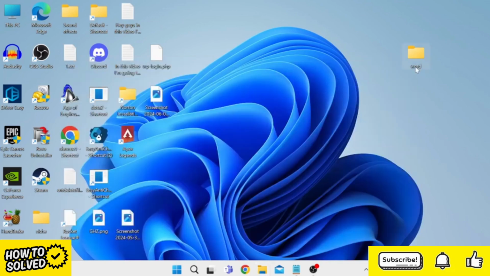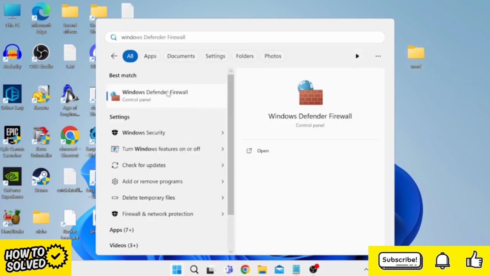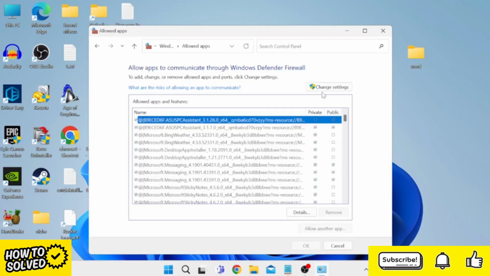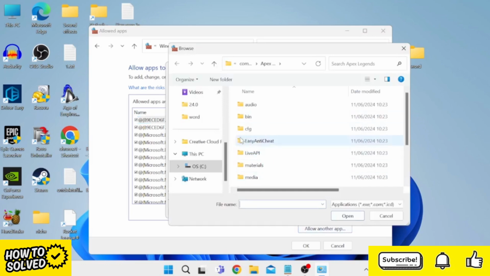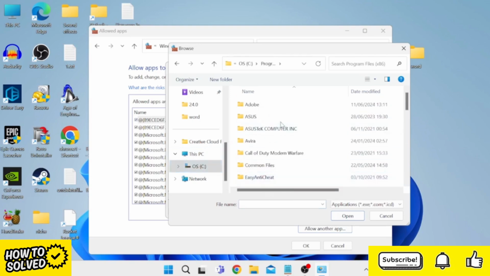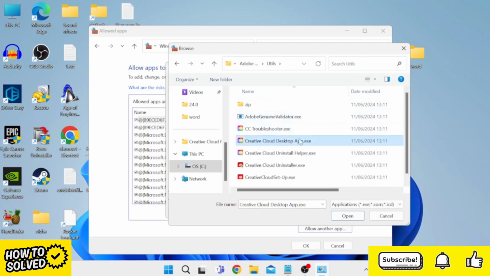Now if that's still not working, the next thing we can do is check our firewall settings. To do that, head to the Start menu and search for Windows Defender, and tap on Windows Defender Firewall. From the left select Allow an app or feature through Windows Defender Firewall, and you need to press this Change Settings button, and then down at the bottom here come to Allow another app, select Browse, and you need to find the location where Adobe Creative Cloud is saved, which is usually inside of the C drive, inside of Program Files x86, inside of the Adobe folder, Adobe Creative Cloud, come inside of Utils, and select Creative Cloud Desktop App,